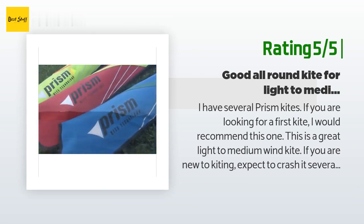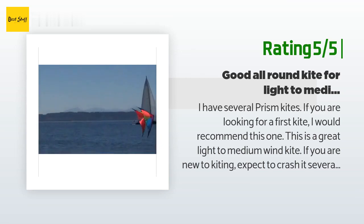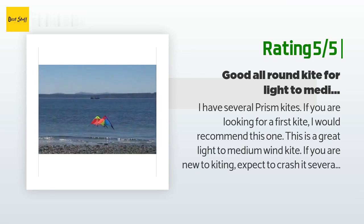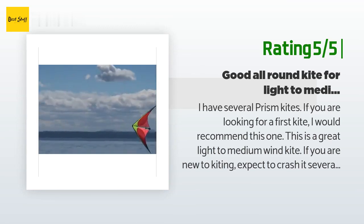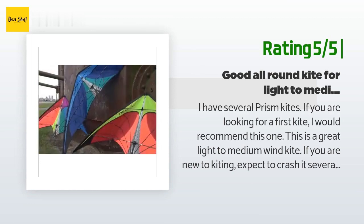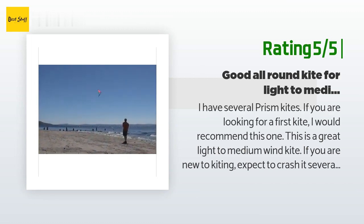If you are more experienced, I find this kite to be like a beefier Prism 4D. I suppose it is the solid and relatively flexible main spars that makes me say that. It is definitely not a zero-wind kite, but it is good in light to moderate winds. If you live somewhere with steady strong winds, it would probably not be my